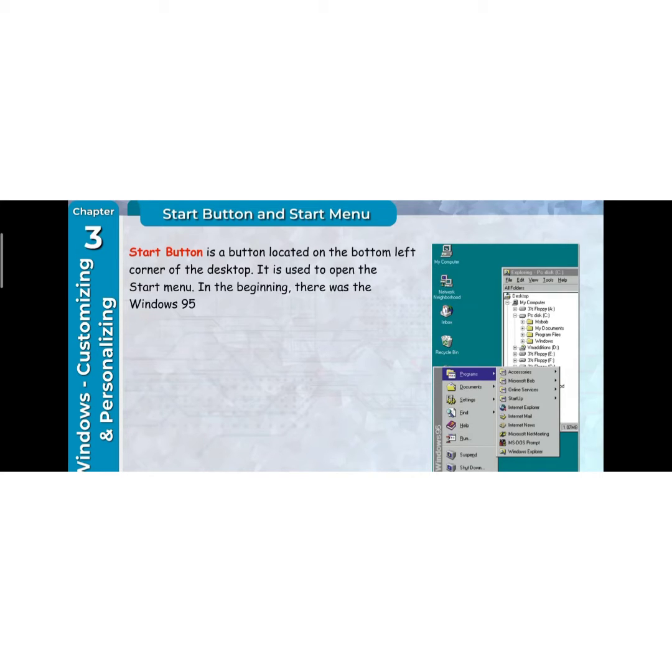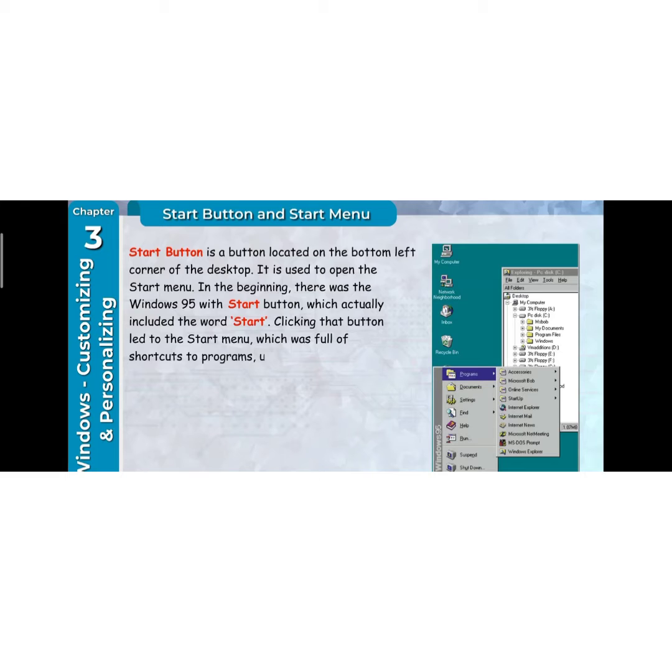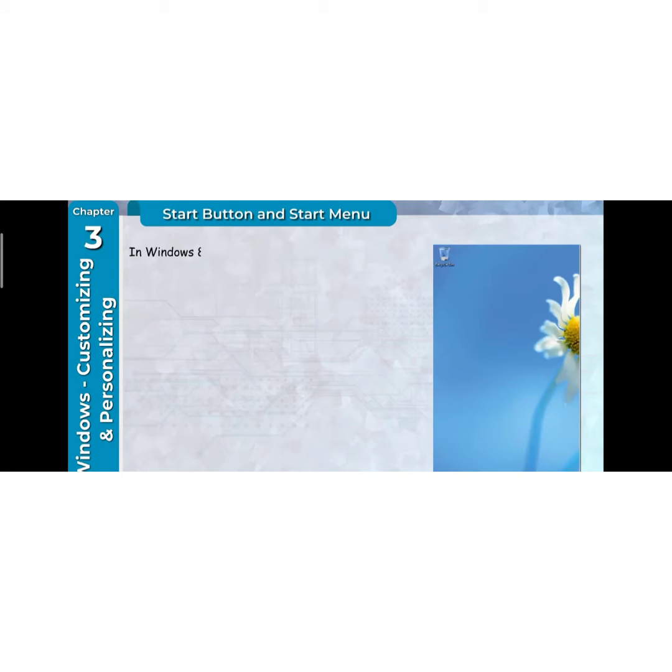In the beginning, there was Windows 95 with a Start button, which actually included the word Start. Clicking that button led to the Start menu, which was full of shortcuts to programs, utilities, and settings. Both of these crucial parts, the Start button and Start menu, continued up to Windows 7.